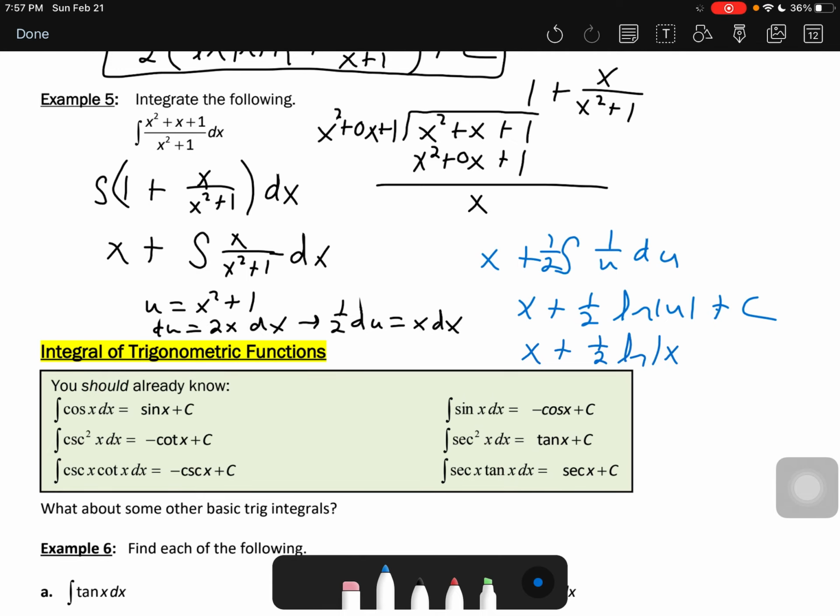And in this case, I don't really need the absolute value, because if it's x squared plus 1, that cannot be negative. You're squaring x, and then you're adding 1, right? X squared plus 1, so I'll just put it in parentheses. You don't really need absolute values in that one. Plus c. So that's our entire